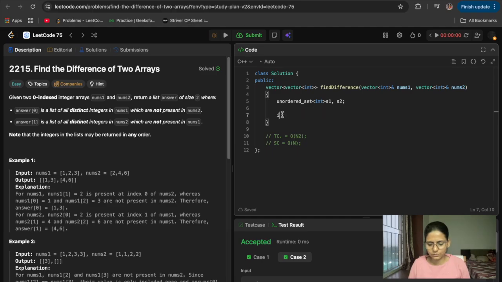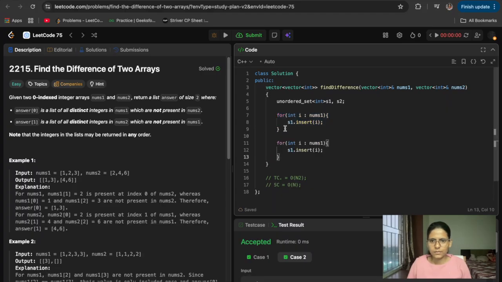So we'll take nums1, and likewise we'll create yes2 for nums2. Now we have two sets, and we want the answer as a vector of vector of int.